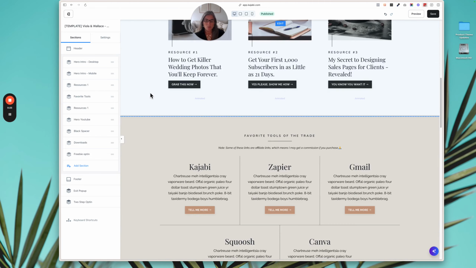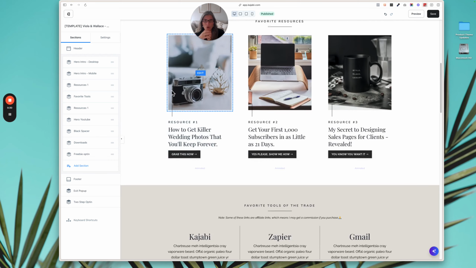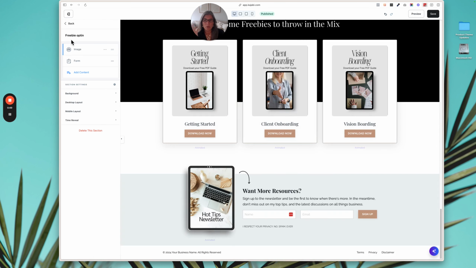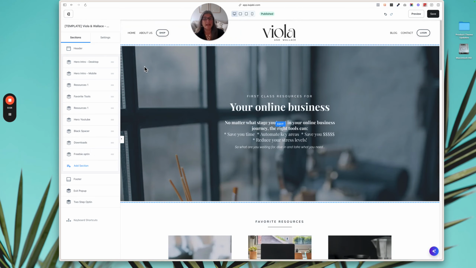Because sometimes as we're working through pages, if we click on things, we go, okay, great. But you might not know what particular section you're working in. Another tip is to try to name the sections as you're working through them. We have the little 3 dots that appear when you hover over each section, and you can rename it. I find this really handy because if you ever want to come back to one of these pages down the track, or you're duplicating it and you want to reposition some of the components around, it's really